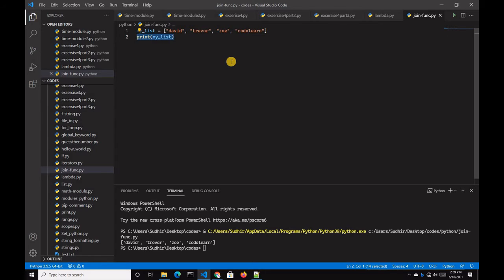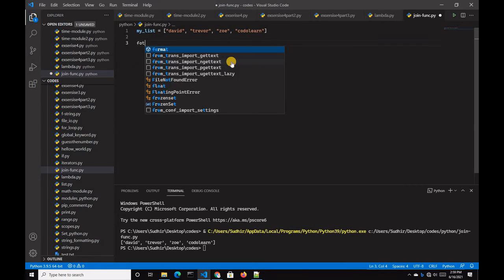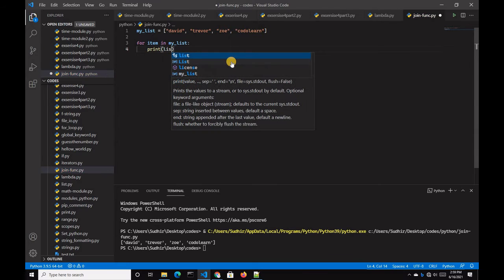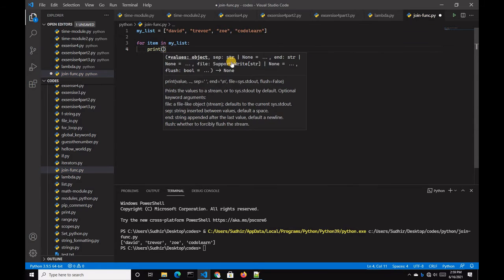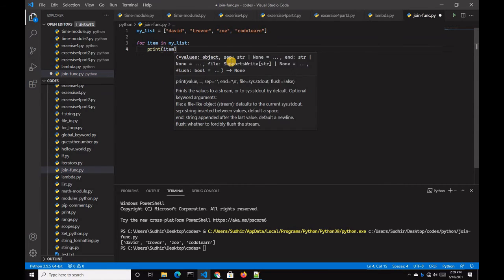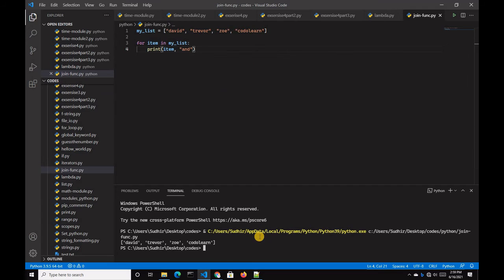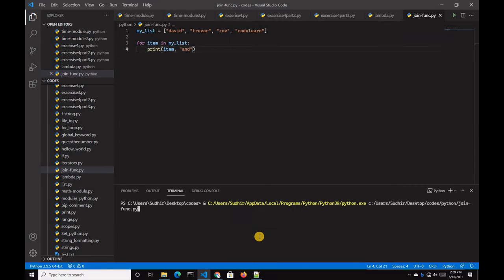After that guys, you have to add a for loop, and inside that you have to type for item in my_list, and then print item, something like this. And you have to type a comma. Now Ctrl S to save, let me clear this out and run this again.